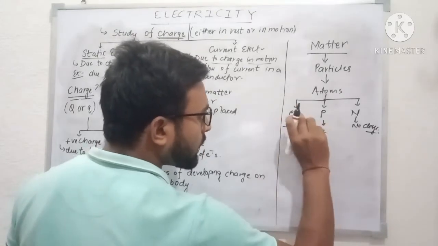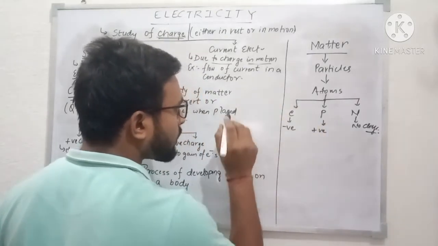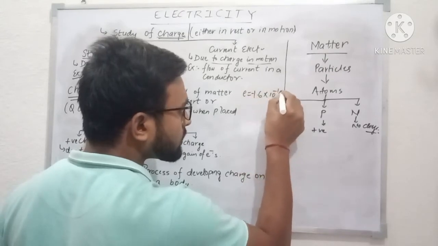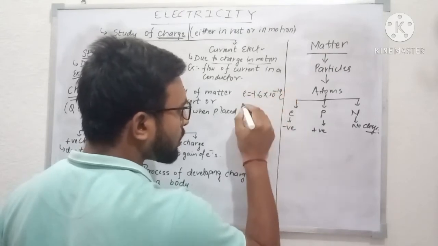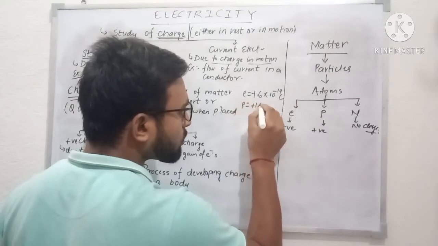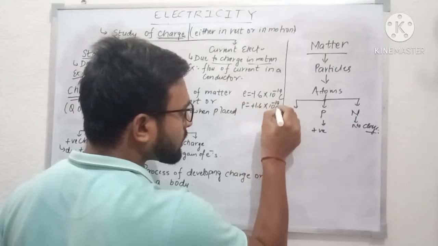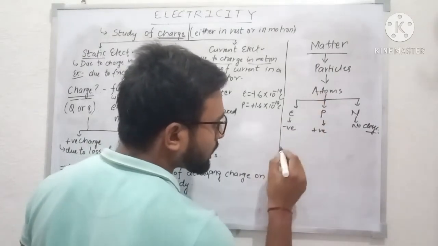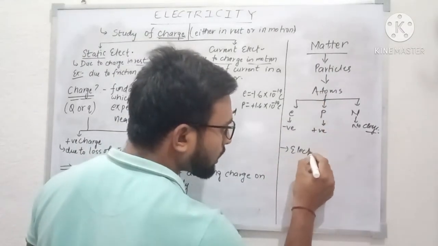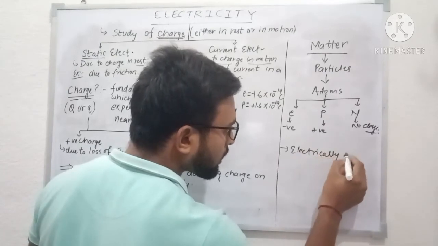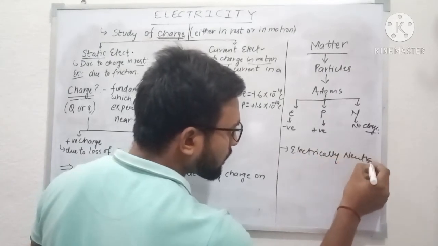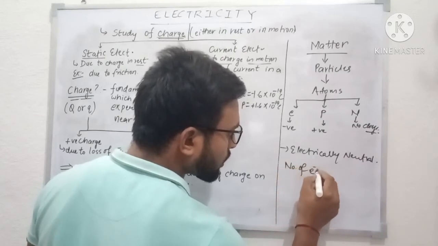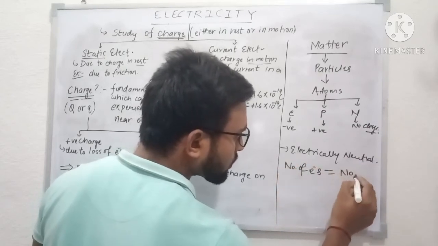तो ये इलेक्ट्रॉन का वैल्यू कितना होता है? अगर इलेक्ट्रॉन की वैल्यू की बात करें तो -1.6 इंटू 10⁻¹⁹ कूलम, और प्रोटॉन पे +1.6 इंटू 10⁻¹⁹ कूलम. हम लोग ये भी जानते हैं कोई भी एटम जो होता है इलेक्ट्रिकली न्यूट्रल होता है. क्यों? बिकॉज इट हैज नंबर ऑफ इलेक्ट्रॉन्स is equal to number of